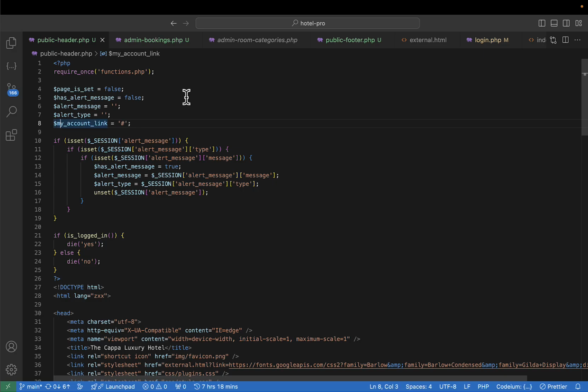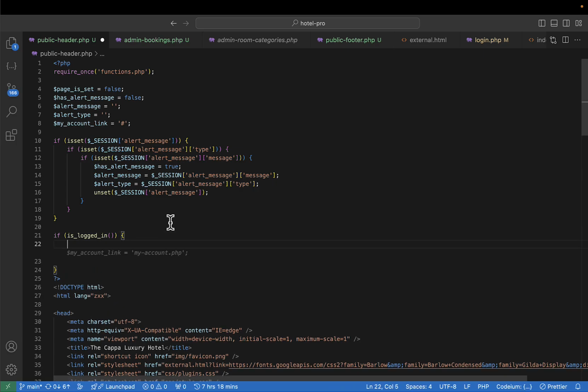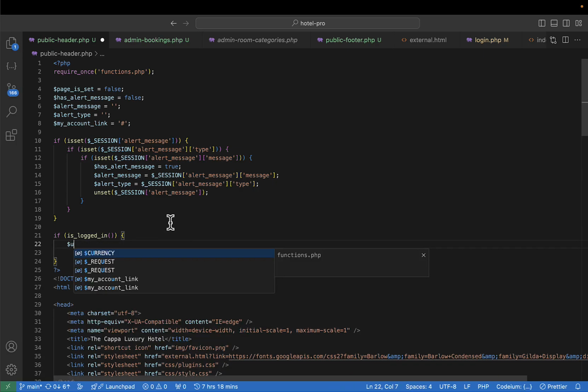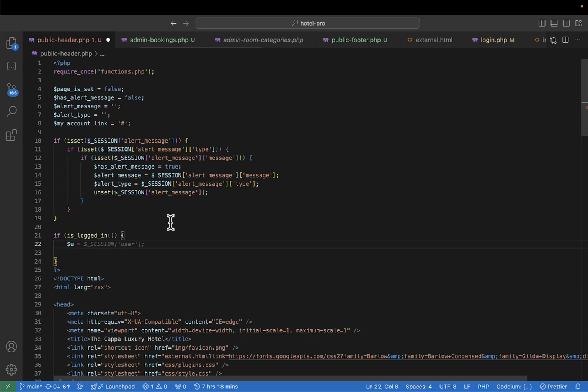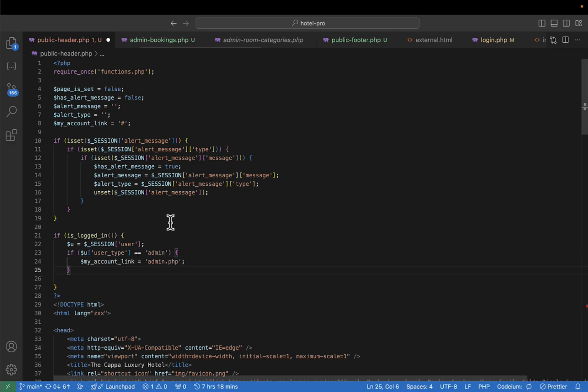If they're admin, it will take them to the admin portal. If it's a customer, it shall take them to the customer portal. So I'll go ahead and simply say if it is logged in here, it means it will execute this first part that I've shown you. Alright, let me get the user equal to that one, of course. Then I check the user type. If the user type is admin,